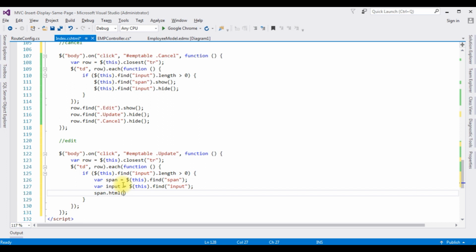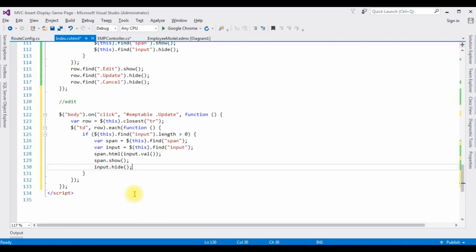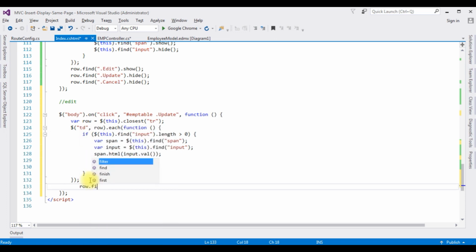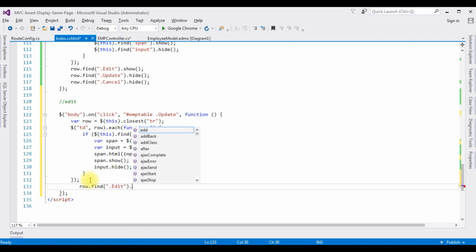what are the values we are changing in a particular row from the text box control, which is the input, I want to add into this span tag. So here input.val method, span.show, input.hide. I want to hide the row.find(".edit").show